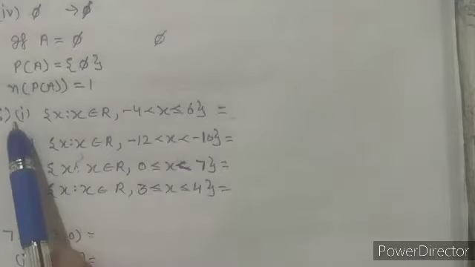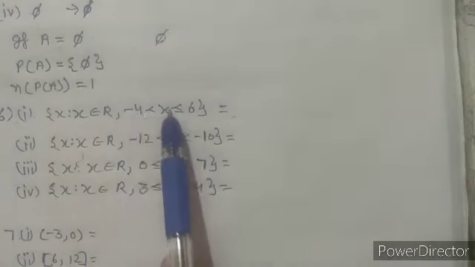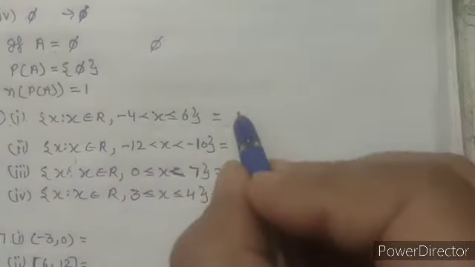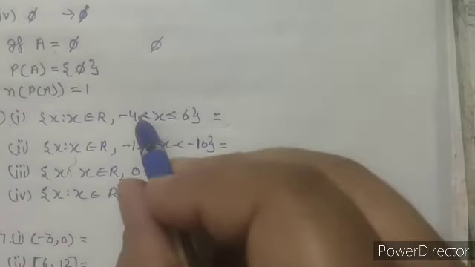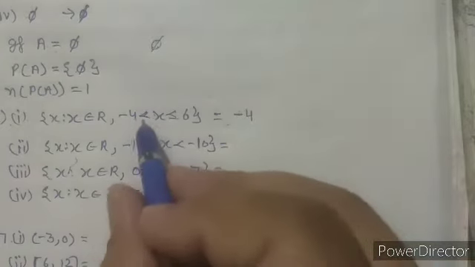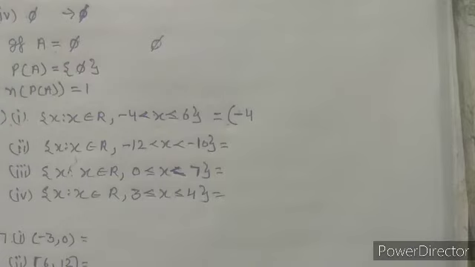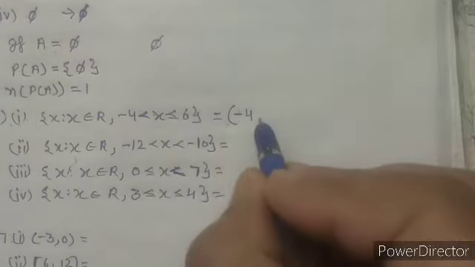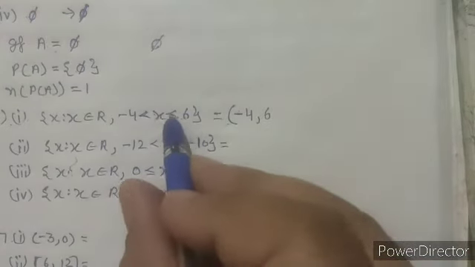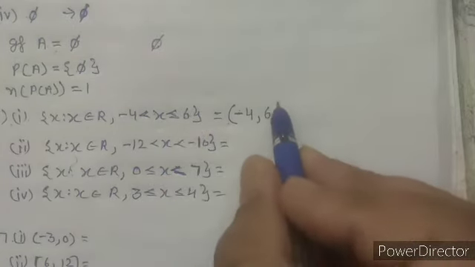In the sixth, the first part is x such that x belongs to R and x is greater than -4 and less than or equal to 6, and we have to write it in interval form. x is greater than -4, so you can say that -4 is not included in it, so an open bracket will come before -4, and here x is less than or equal to 6, that means 6 is also included in it, so we will use